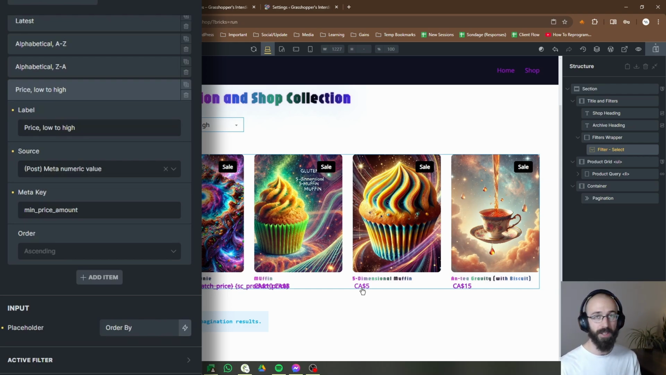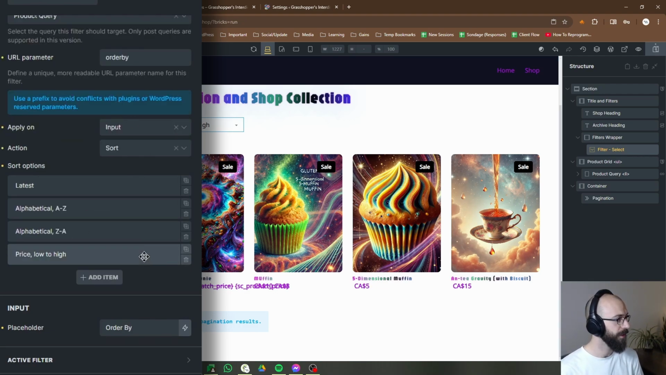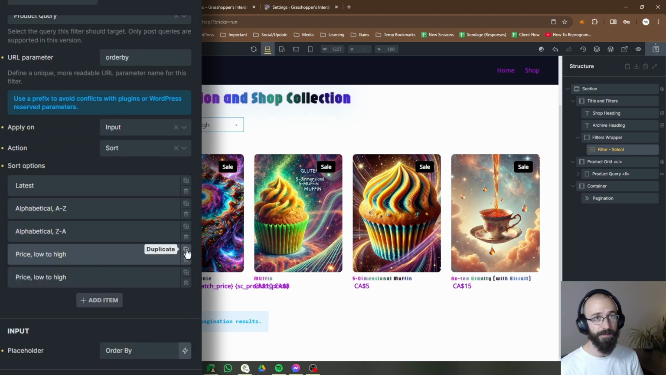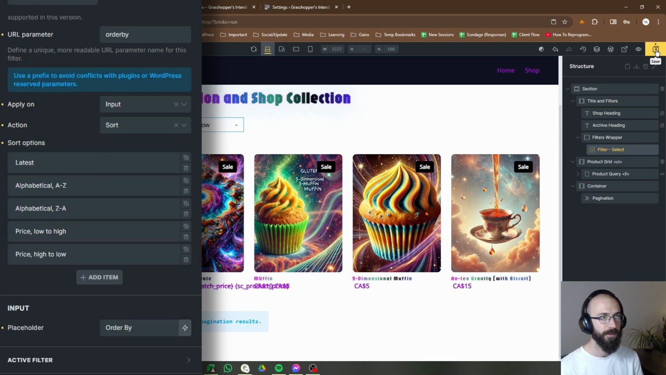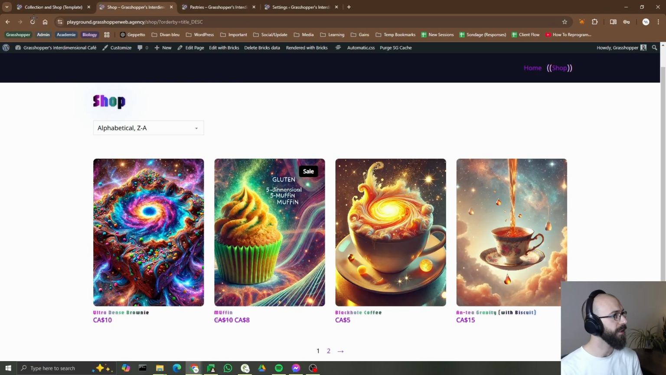That way, when people organize it low to high, and then they see the prices of things, it makes sense as opposed to seeing prices that are higher and then go lower and then go higher. They'll get confused, think they've filtered things wrong. So we're going to do minimum price amount. I'm just going to duplicate this because that's easier and go high to low, and leave this as is with the order changed to descending. I'm going to save. We'll go to the front end